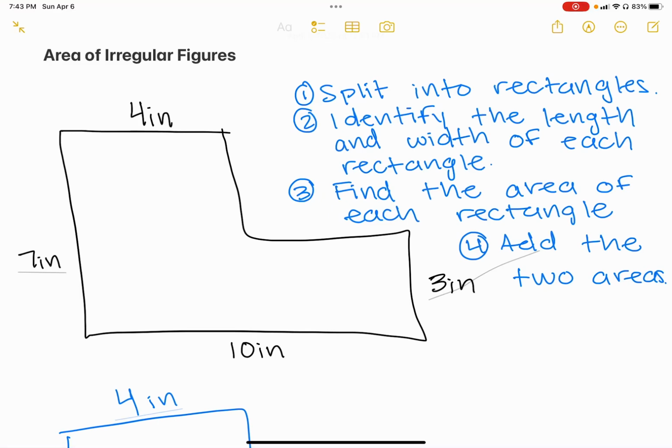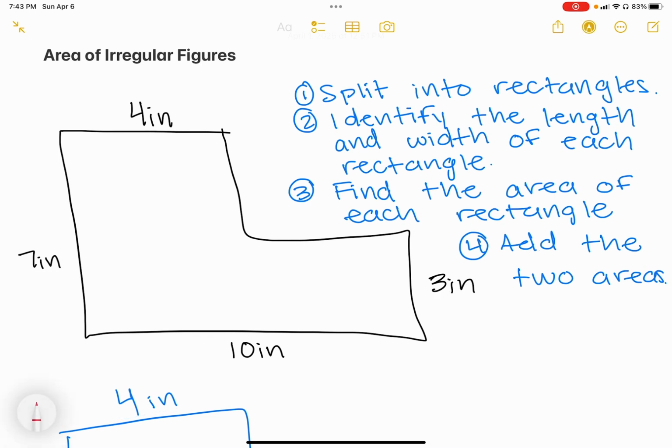This video is going to be about the area of irregular figures, or those figures that are typically L-shaped and we have to split them into rectangles. So I've already written out the steps just to save some time. So if you have a shape like this one right here, your first step is going to be to split